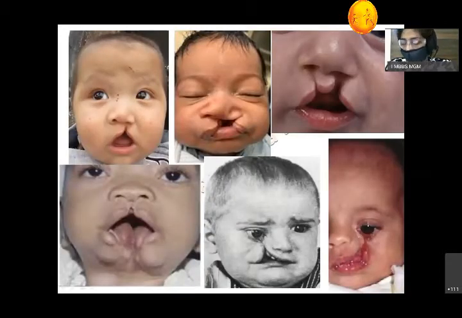So these are different pictures of the babies showing cleft palate. Okay. So you might have seen such type of babies around you somewhere sometime. So why does this happen? This happens because the total face is developing through fusion of some processes. If this fusion fails, then you get different types of clefts, facial clefts. Okay. So for that matter, you should know how the face is formed.